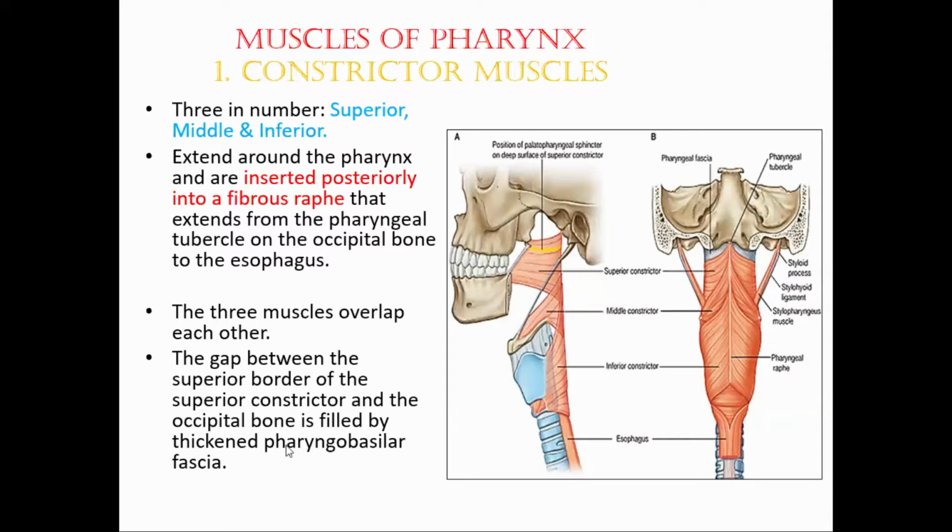The pharyngobasilar fascia is formed by the connective tissue of the soft mucosa. And the areolar coat is made up of loose connective tissue. The soft mucosa thickens to form the pharyngobasilar fascia. The muscular layer consists of two layers: outer is the circular or constrictor muscle, inner is the longitudinal muscle. The areolar coat, made up of loose connective tissue, thickens to form the buccopharyngeal fascia.